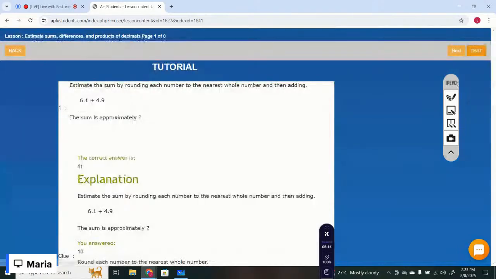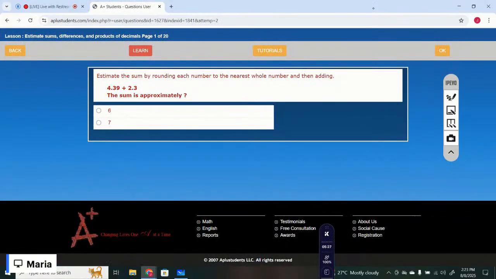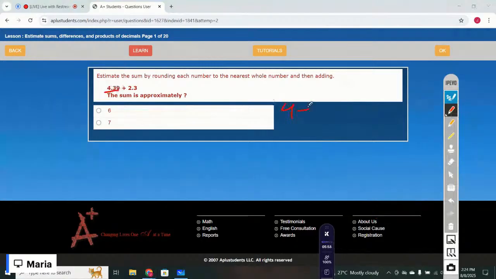Let's just start with the test questions. Estimate the sum by rounding each number to the nearest whole number and then adding. 4.39 is rounded to 4 and 2.3 is rounded to